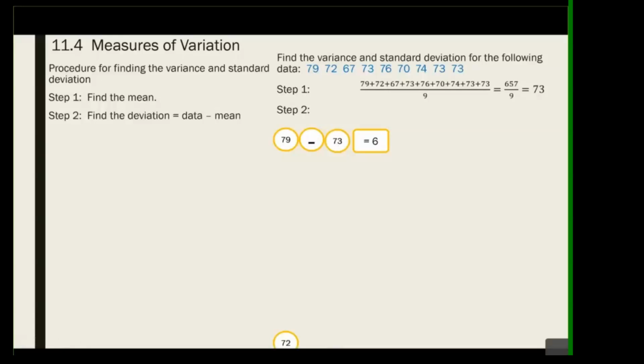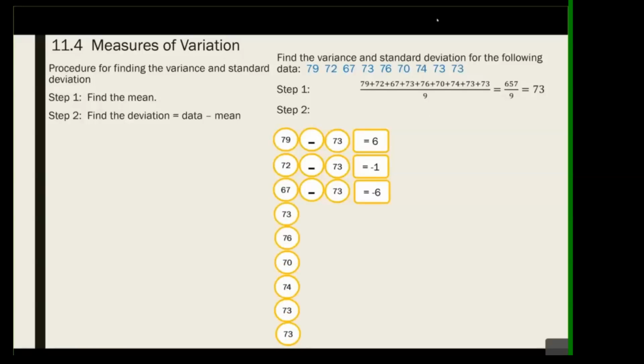Same thing, I need to take 72 minus 73. Why 73? Because 73 is my mean. So my 72 is my data minus 73 to give me -1. And again, 67, which is my data, minus 73, gives me -6. All you do is take each of your data,